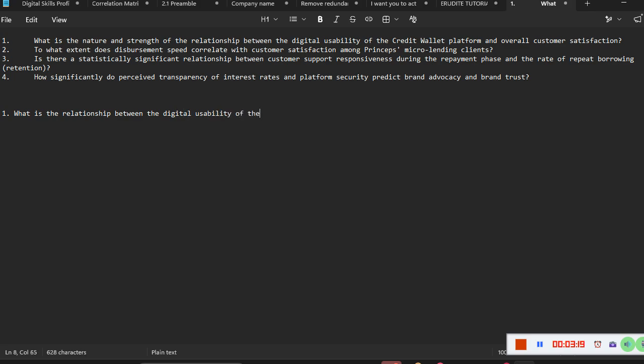usability of credit wallet platform and the overall customer satisfaction. Right. So I could also say, to what extent does disbursement speed correlate? So now that is another one. What is the correlation